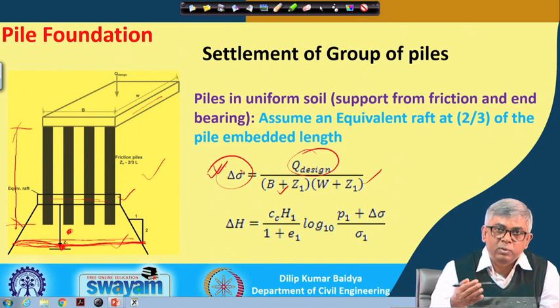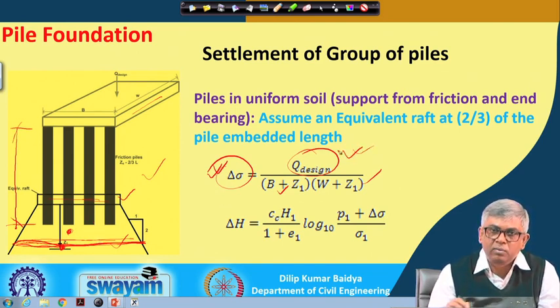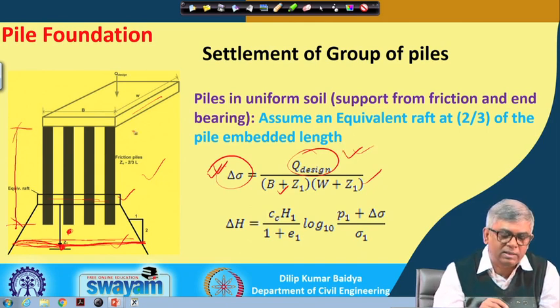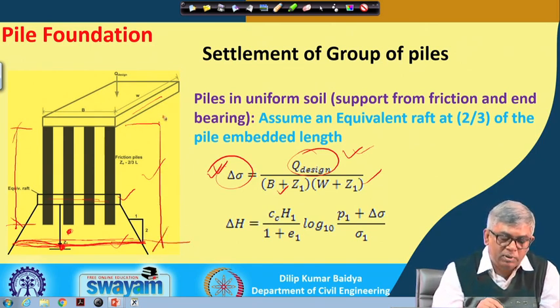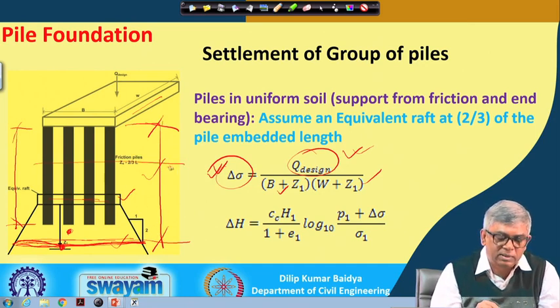That means, because of the loading on the pile, how much increase in pressure there is in the compressible layer itself, and then before loading, what was the effective stress in the soil. Suppose I want to calculate at this point. I have to calculate the effective weight of the soil up to this depth. If the water table is here, then you have to take the dry unit weight here, the submerged unit weight here, and then find out sigma v dash